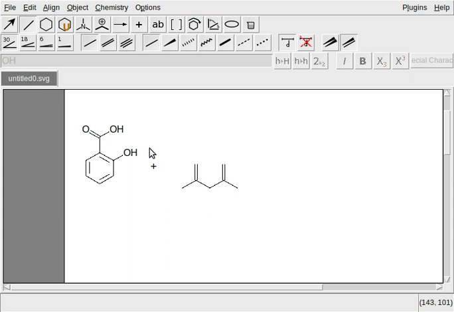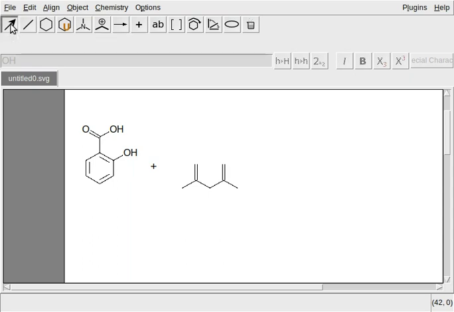Then this one is slightly below. We can move this one. To do this, we can use the selection atom. Then to select the whole acetic anhydride molecule, we can keep shift pressed and select all the bonds one by one.